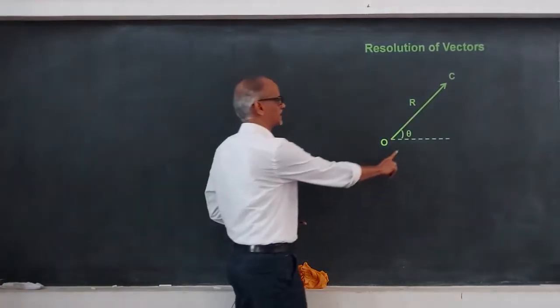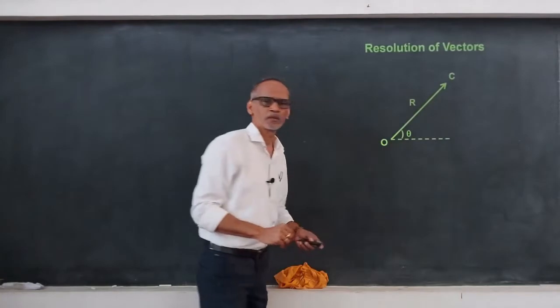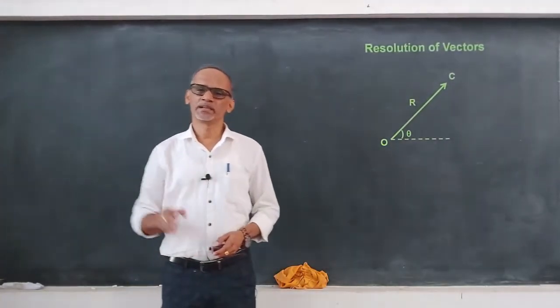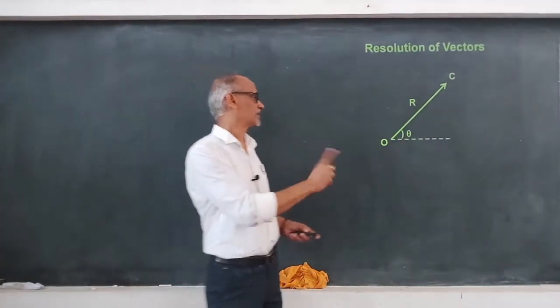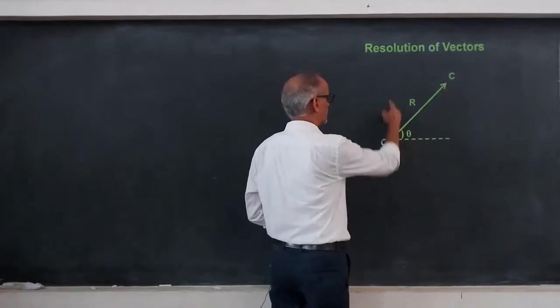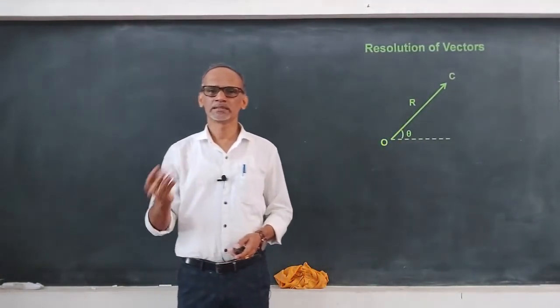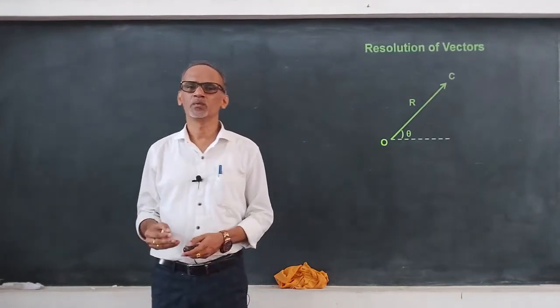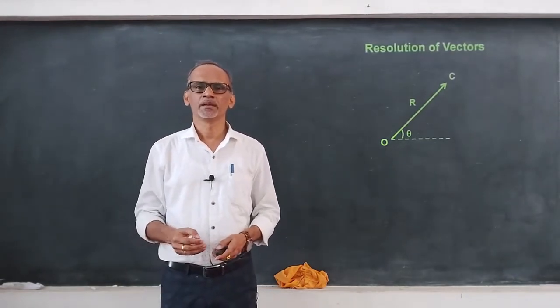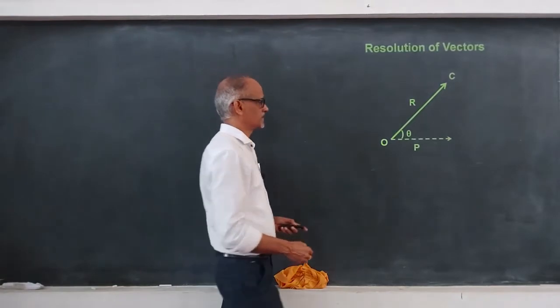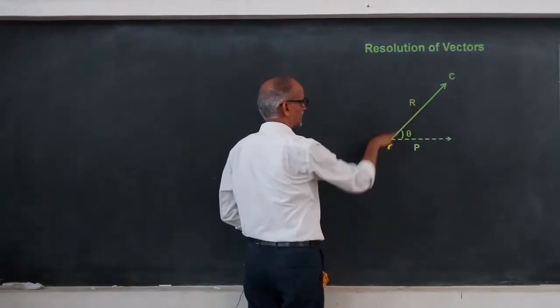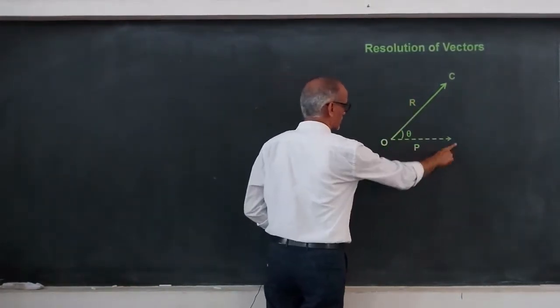See, it makes an angle theta with the horizontal. Can we take the angle with the vertical? Yes, you can, but you have to take any one of the angles, either with the horizontal or with the vertical. Most of the time we prefer along the horizontal, but there is nothing wrong even if you take along the vertical. Okay, right. Now first I will split this vector into one vector along the horizontal, and that vector